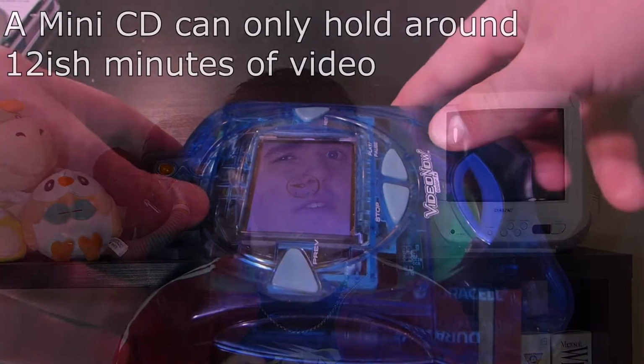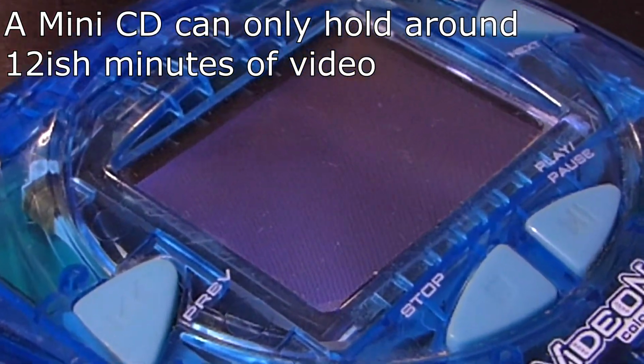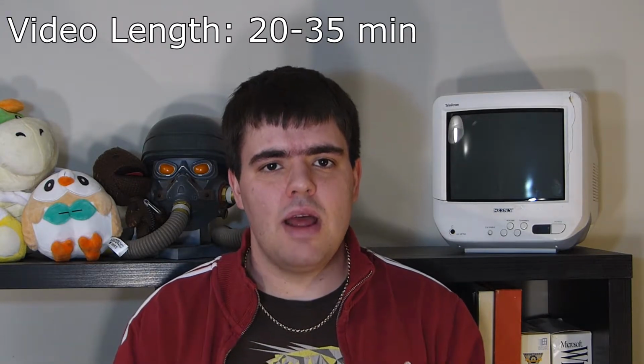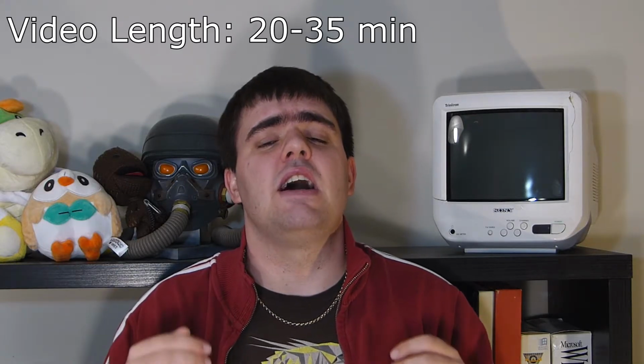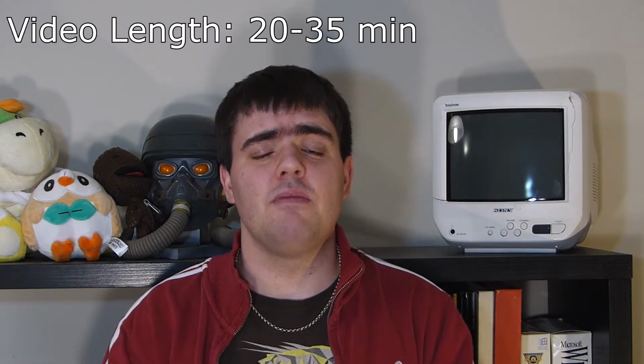The VideoNow Color does have a hardware limitation. I believe it's copy protection for the minimum length of a disc that a system will read. For my testing, your disc needs to have a total length of around 20 minutes. Anything less and the disc will not be read. According to the VideoNow dude, a CD does have a hard limit of around 35 minutes. So if you keep it between 20 and 35 minutes, the disc will most likely be recognized by the player